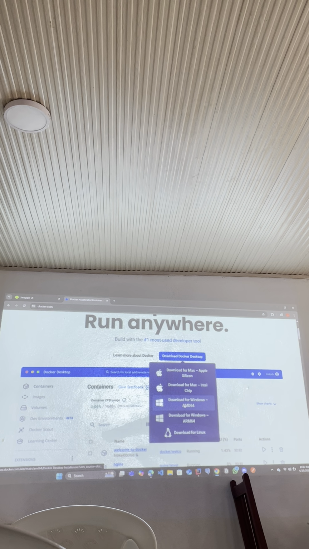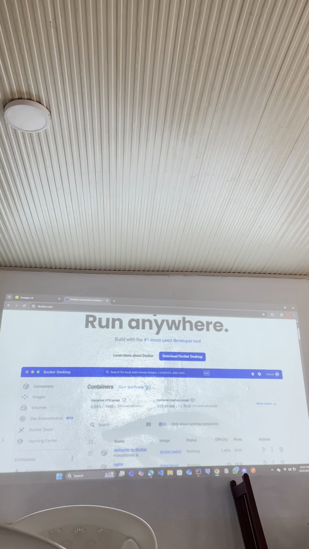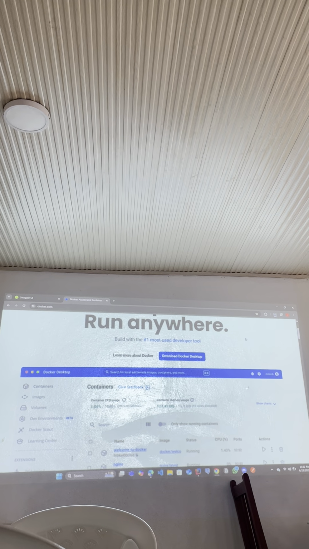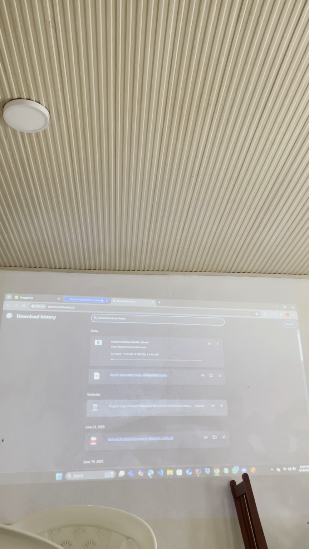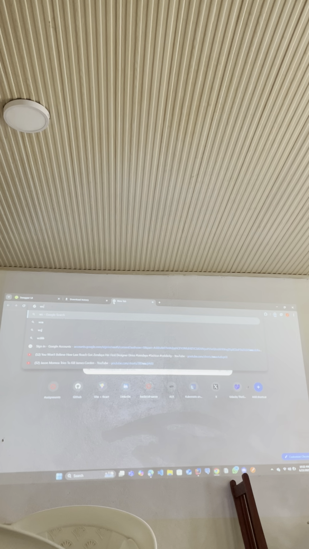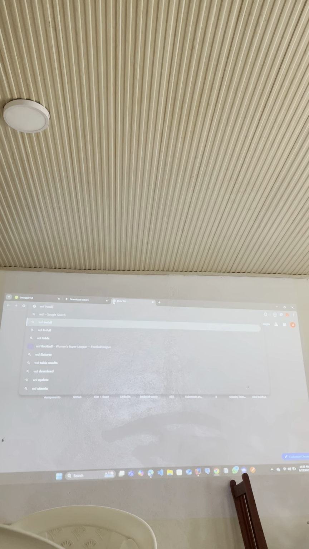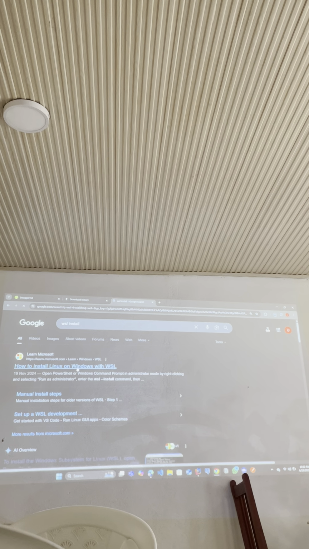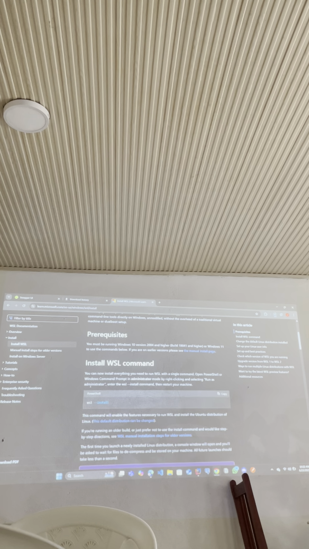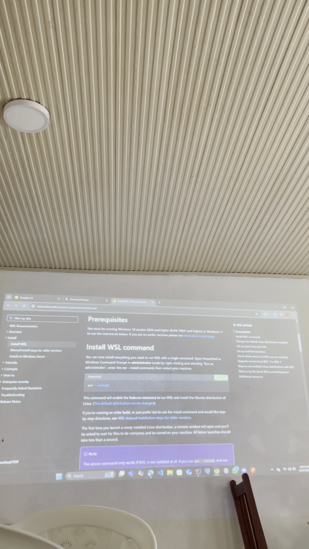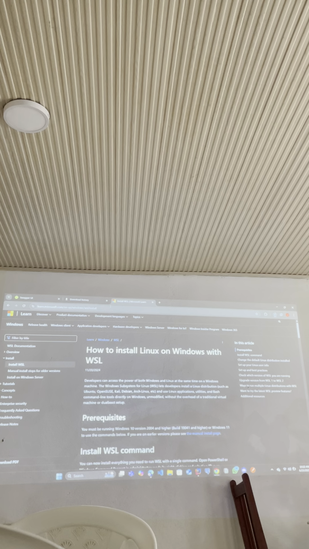For those who didn't download Docker, follow these steps. Who did not install Docker? It's better to run Docker inside Linux. It means, just install it and then